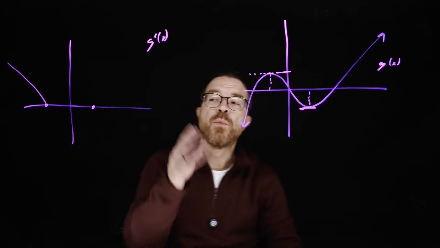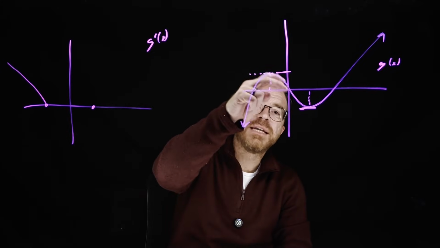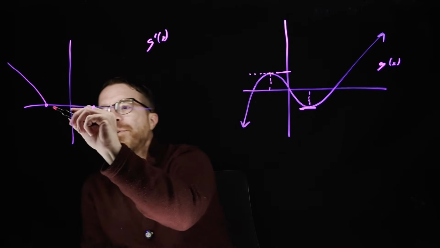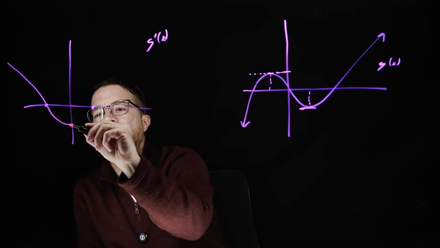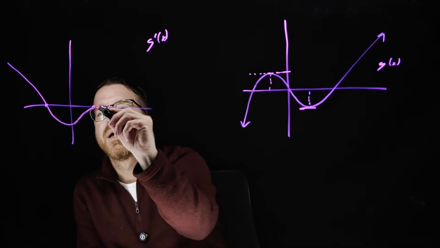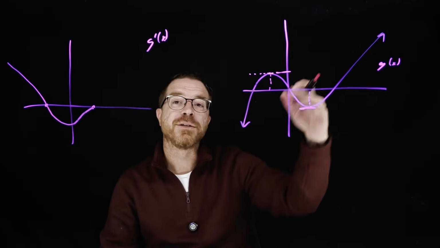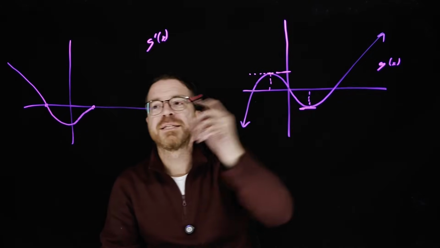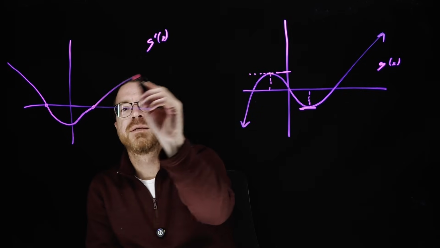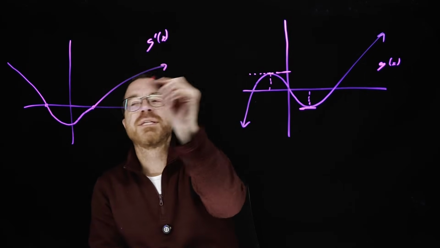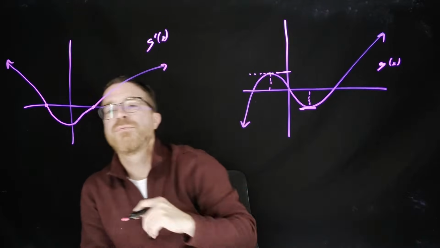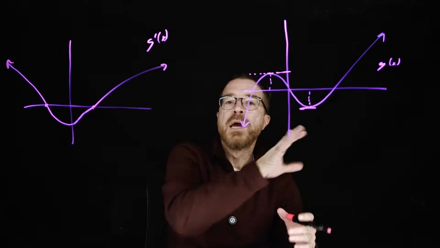And then once I get to that 0, I now have a negative slope, which is going to be increasing. And then it's going to be decreasing until I hit this point here, where again, I have a slope of 0. And then to the right of this, I have a positive slope again. So it's going to be something like this. So this is what the derivative graph would look like for this function,